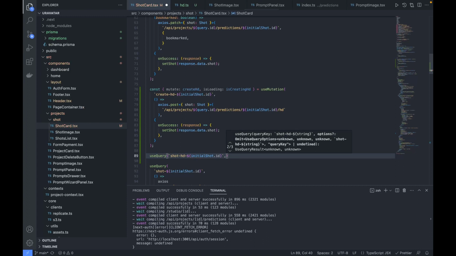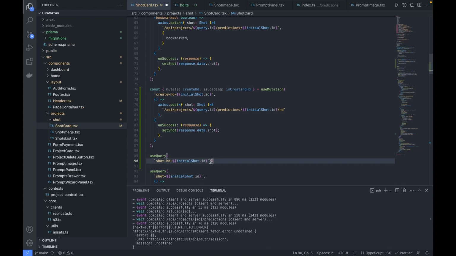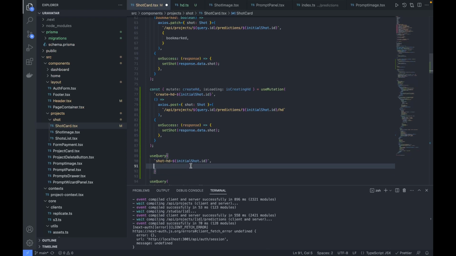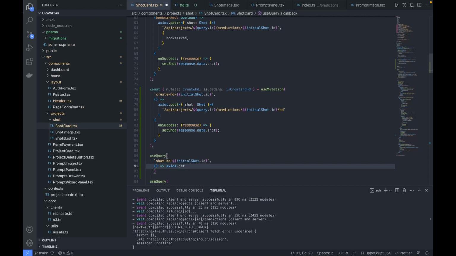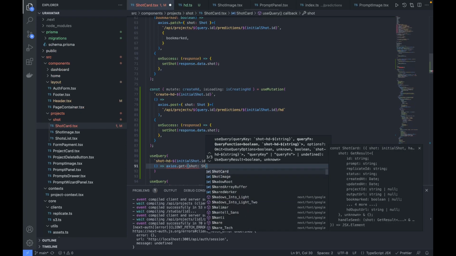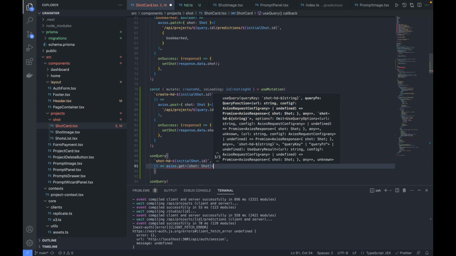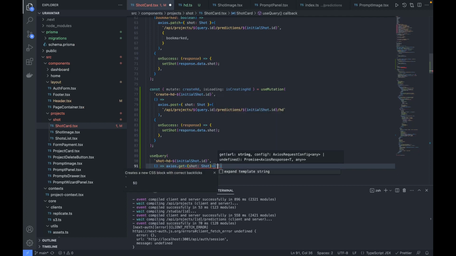Okay, and then after this, let's write in a separate line. Now let's use the Axios client and make the get request. Again, this would expect a return type of short object, so let's mention that here: short. Okay, and the endpoint which we have just written is this: API slash projects